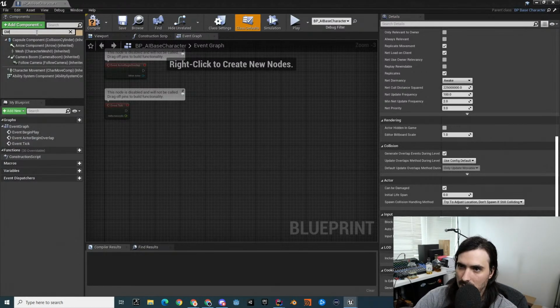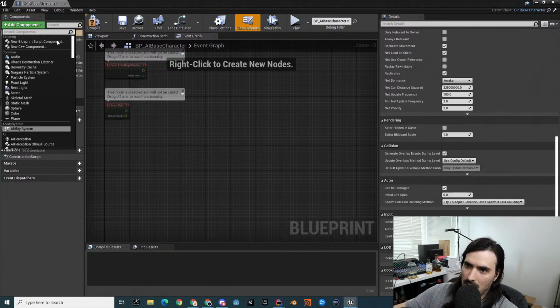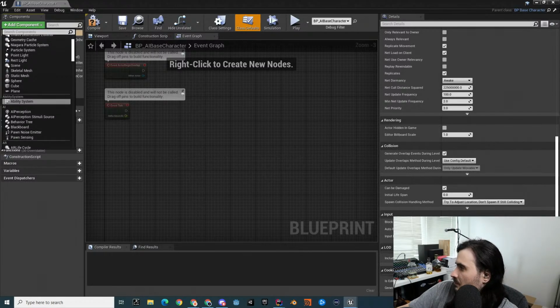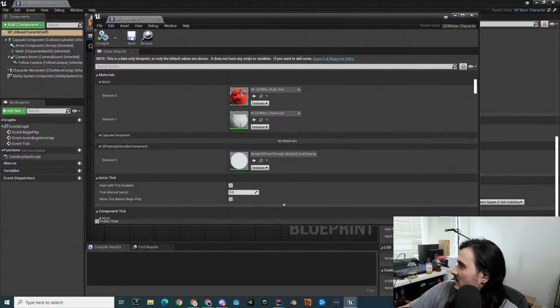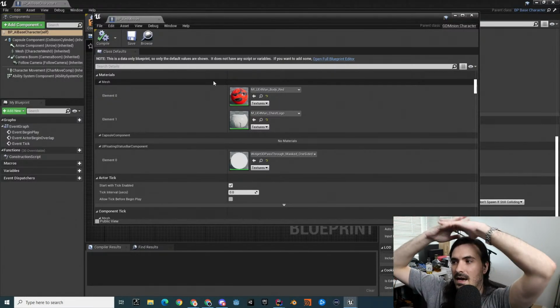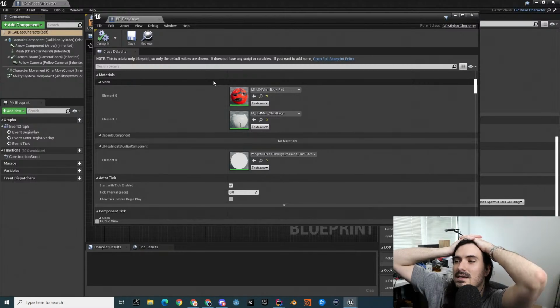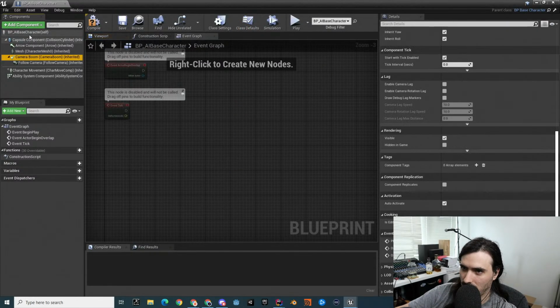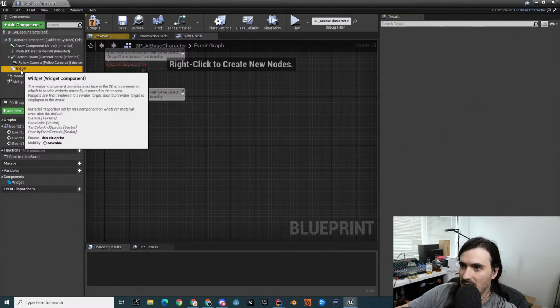GM BP script component? No. I think it's because they're doing it outside of blueprints. They're not adding it this way, they're adding it through the parent, right? And then creating it. And maybe that's why it's able to do it. I think